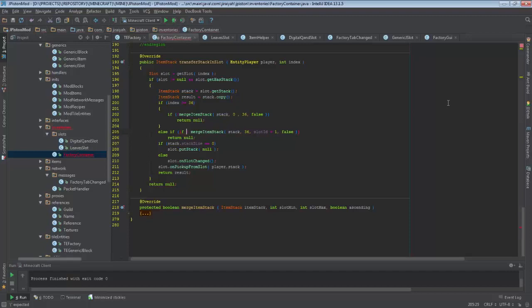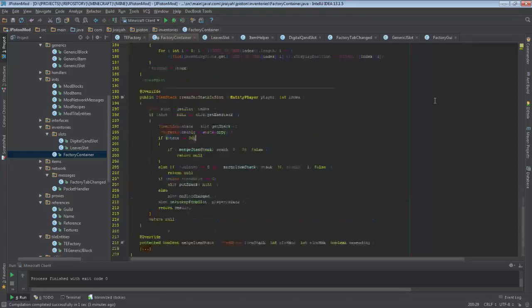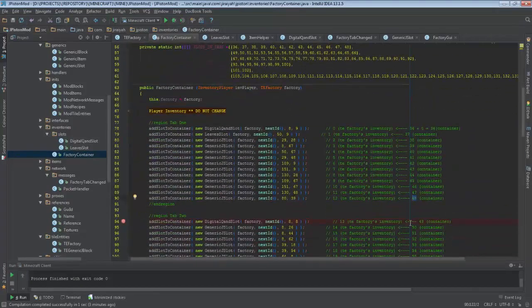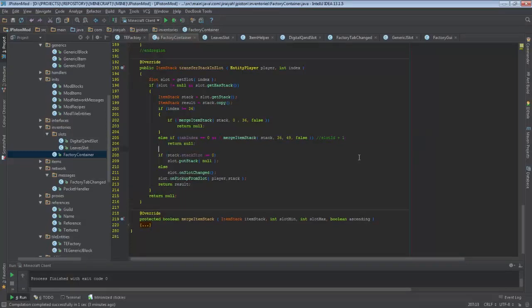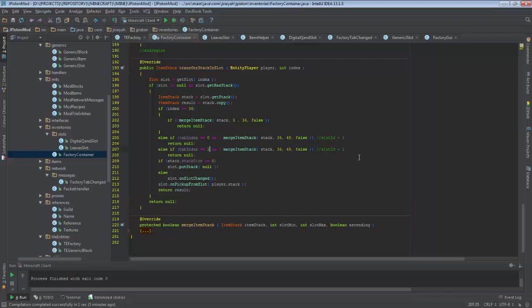So here we say if tabIndex is equals to 0 and this guy, then we need to go from 36 up to, well, our container is 48, but we need +1 to this guy, so 49. Okay, 49. But I will keep this as a comment later because you will see why. So 49, and I will comment it there. Then we will go for the same stuff, but for tab 1, we are working on 49 to